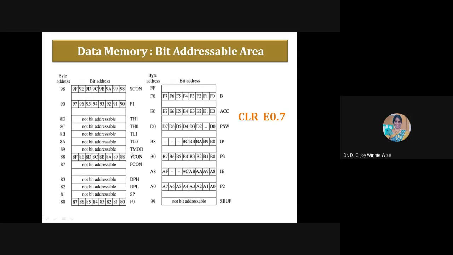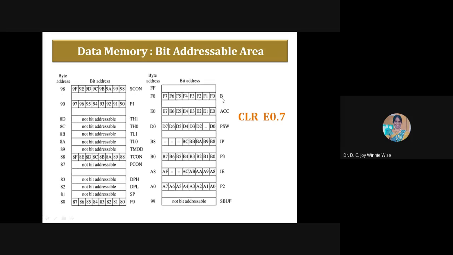Next we have the timer. So all these registers have formats we'll be seeing in the forthcoming classes. This is the timer mode register. Then we have the timer control register, which is stored in memory location 88. Then we have the power control register. DPH and DPL together make the DPTR register, the data pointer register, and SP is the stack pointer. P0 is port 0, which is stored in memory location 80. We can refer to port 0 as P0 and also as 80.